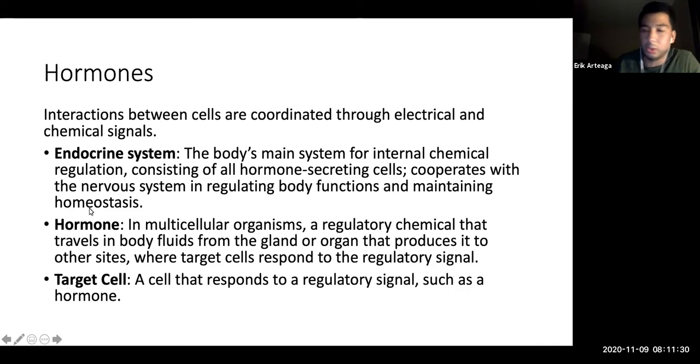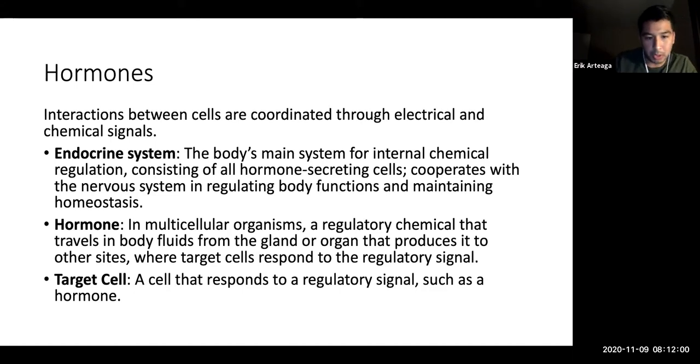So the key word here is homeostasis. We want the body to have a nice normality, right? We want to control everything. We have a lot of cells. We want them to all cooperate together, right? We're not single-celled organisms like bacteria or protists. So we need to make sure that our cells are all talking to one another and making sure they're all performing their functions properly, right? So hormones help with this. The endocrine system helps maintain that, as well as the nervous system.